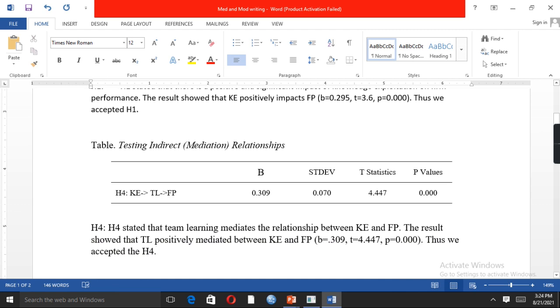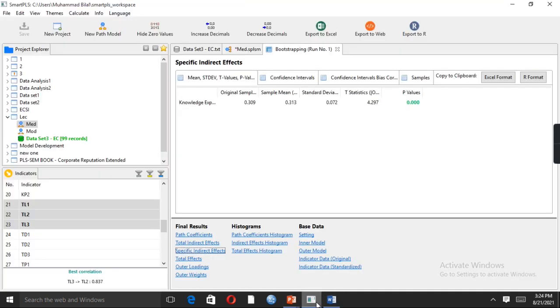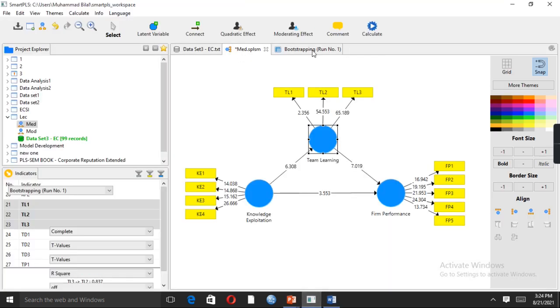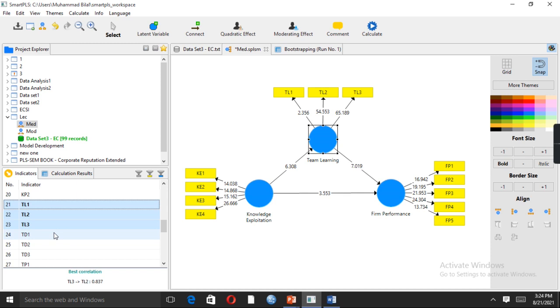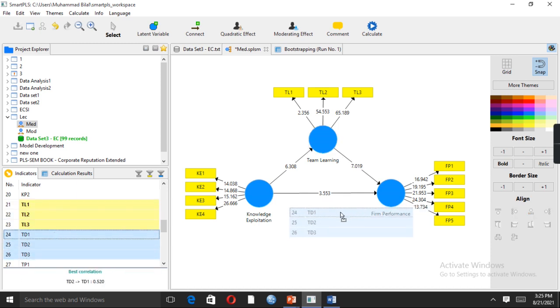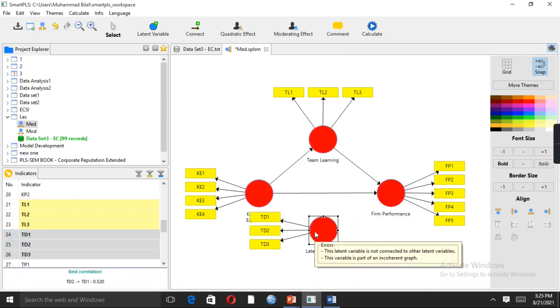So if in our model we are having more than one mediator variable, have a look. For example, we are having one more mediator variable. Just add another mediator variable like this. For example, this one is also a mediator variable.